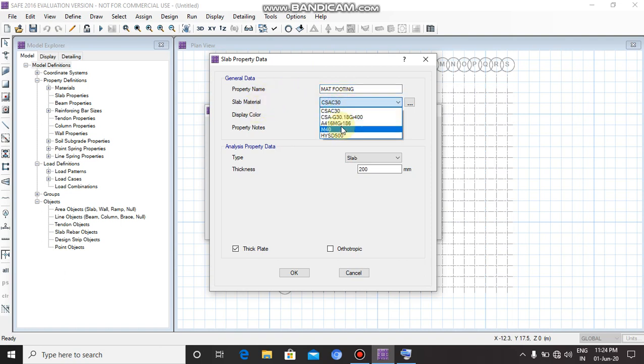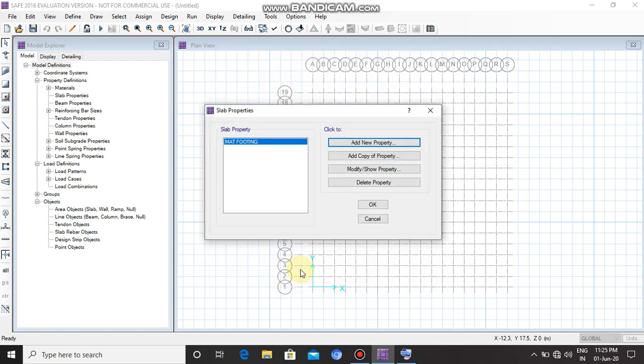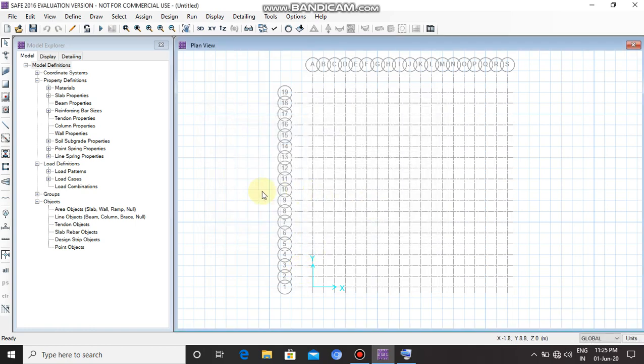Slab material M40. Type mat. Thickness 500 mm. Then click on OK. Footing property is defined, so click on OK again.